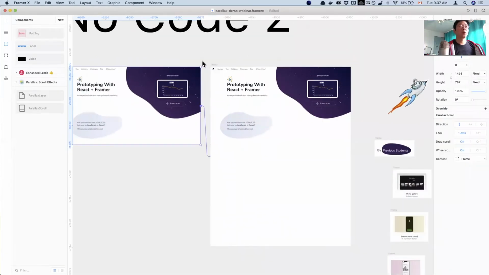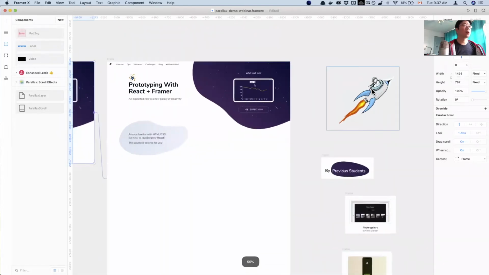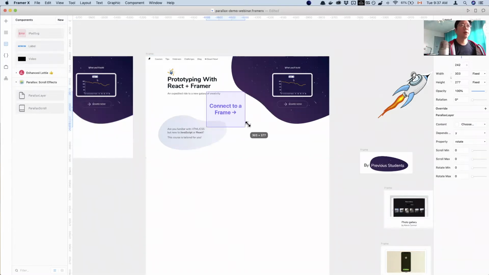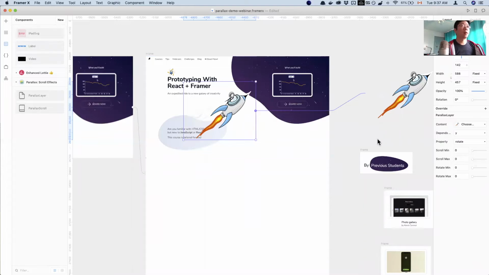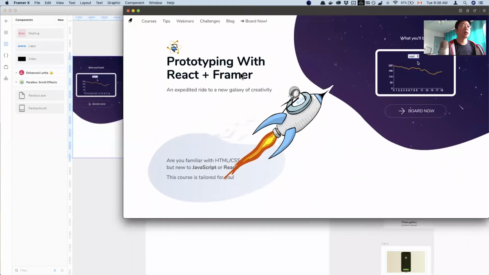surprising. So we want to, for example, make this little rocket image right here in the middle move differently than the rest of the page. The way to do it is to grab this parallax layer on the left, which is another component, and then just drag it over and connect it to the layer that you want to use. Then on the right you can now adjust the settings, and for now it just works exactly as